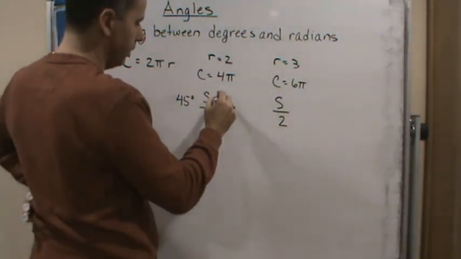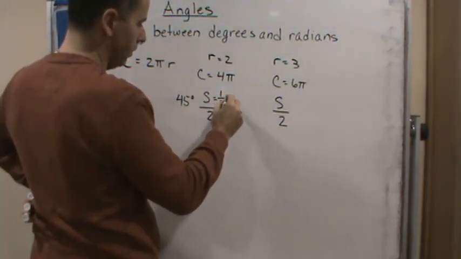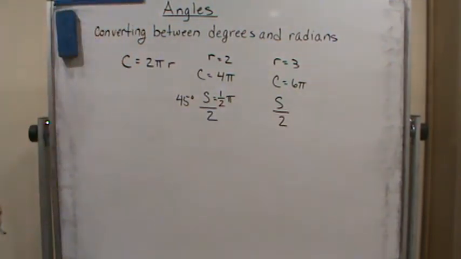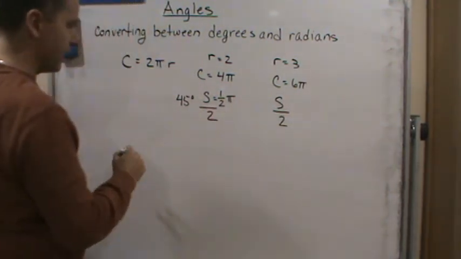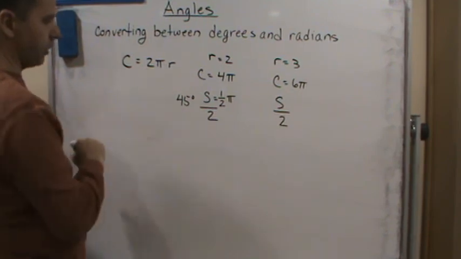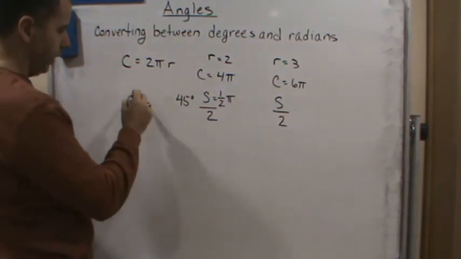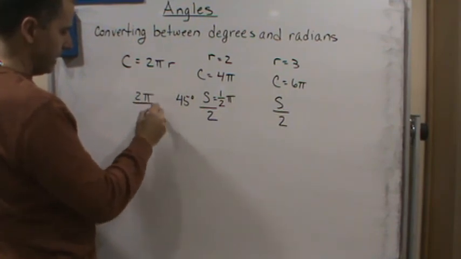Well, here we get one half pi for the smaller circle. Why? Because a 45-degree angle contains 1/8 of the circumference of a circle. So if it's 1/8 of the circumference of a circle, and we know that the circumference of a circle is equal to 2 pi radians, so 2 pi divided by 8